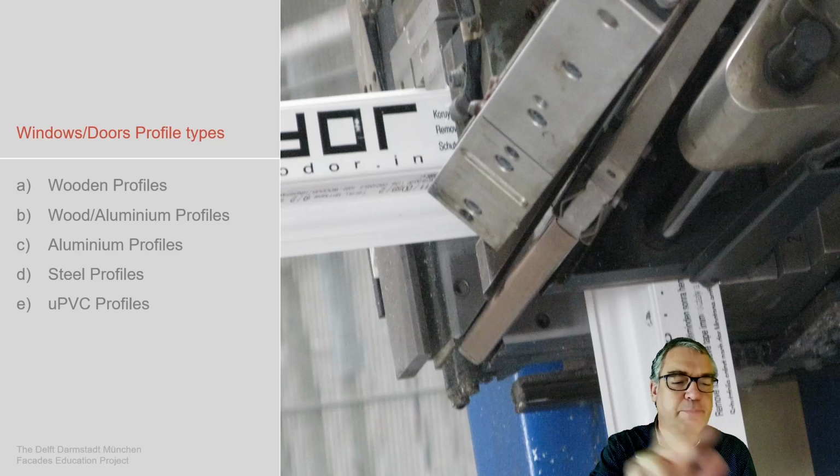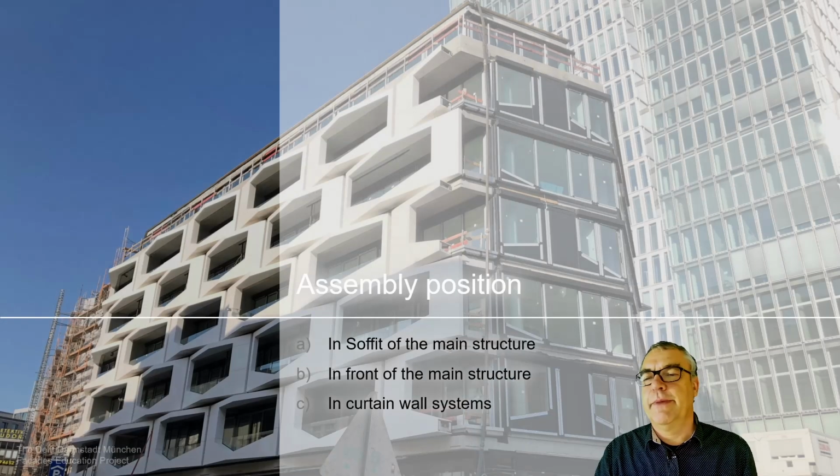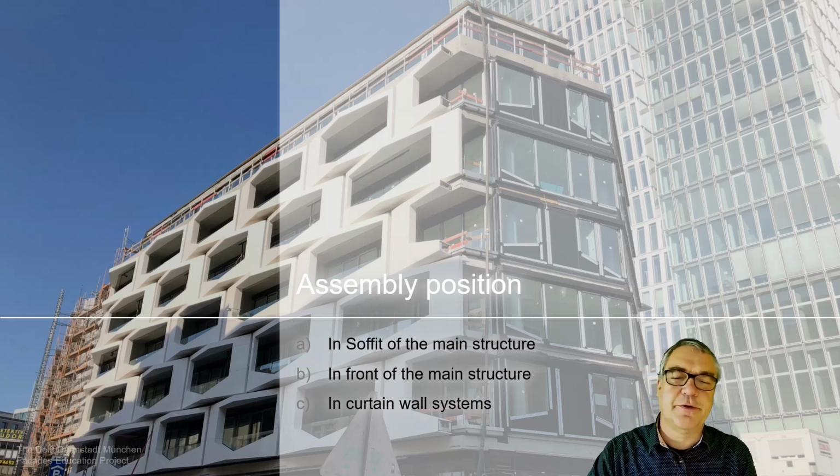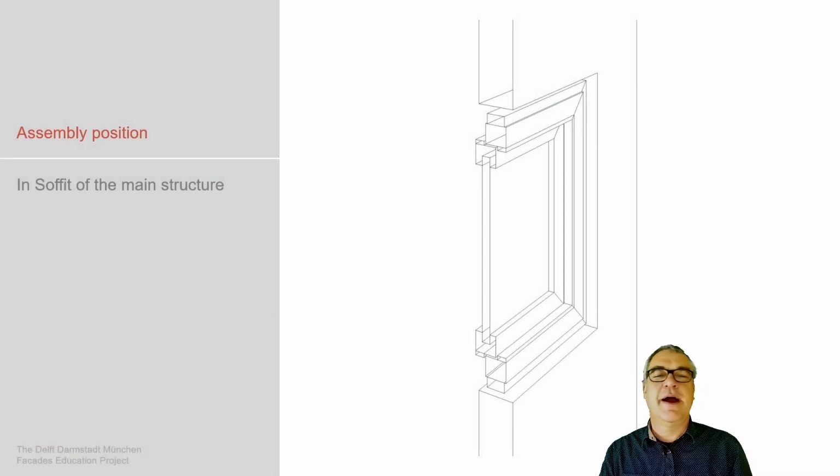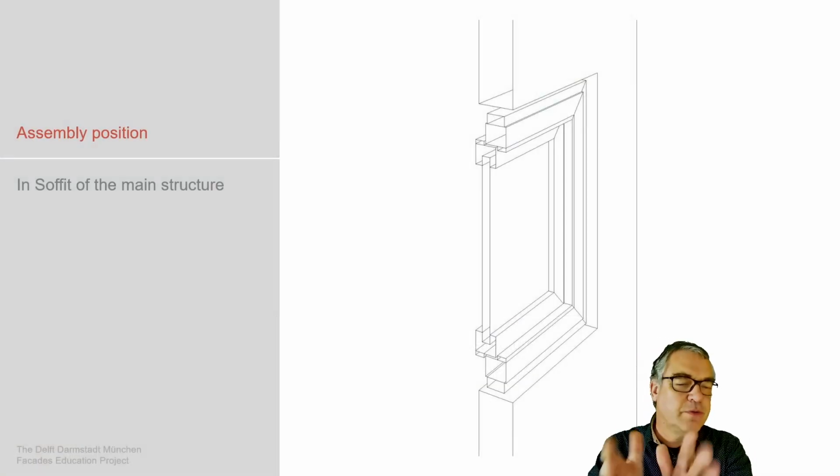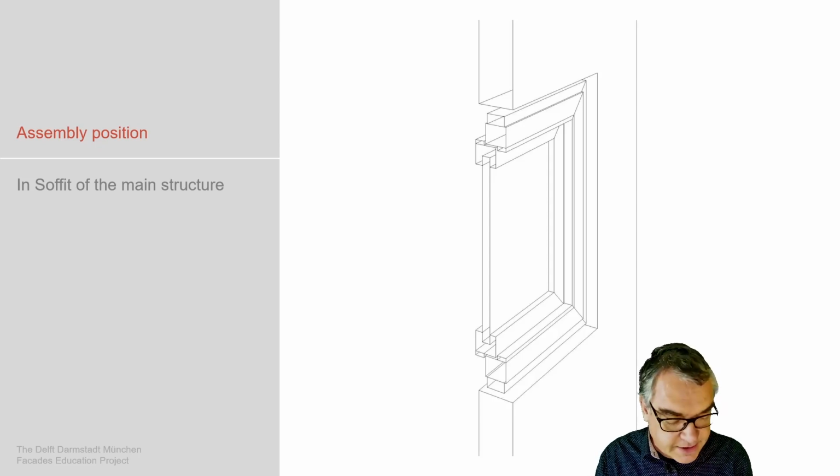These are, say, the main three principles of how we connect these materials we use for making buildings, windows out of it. How is this brought into position to the main structure? We either bring this central to the main structure, depending on what type of main structure we have.